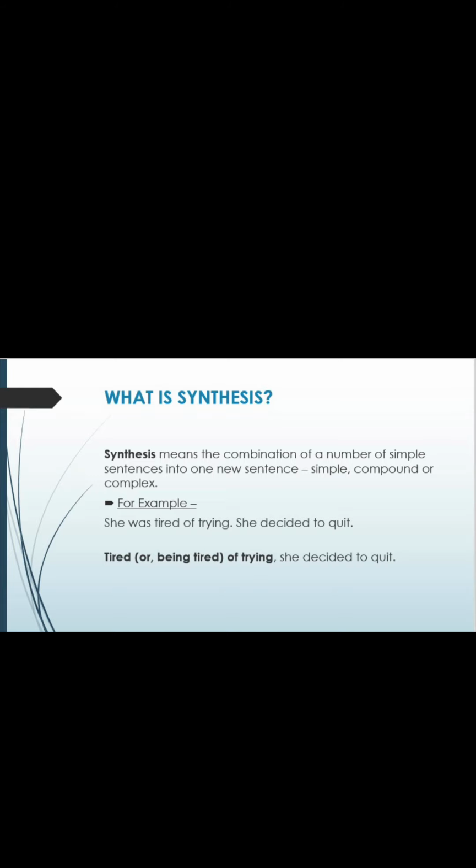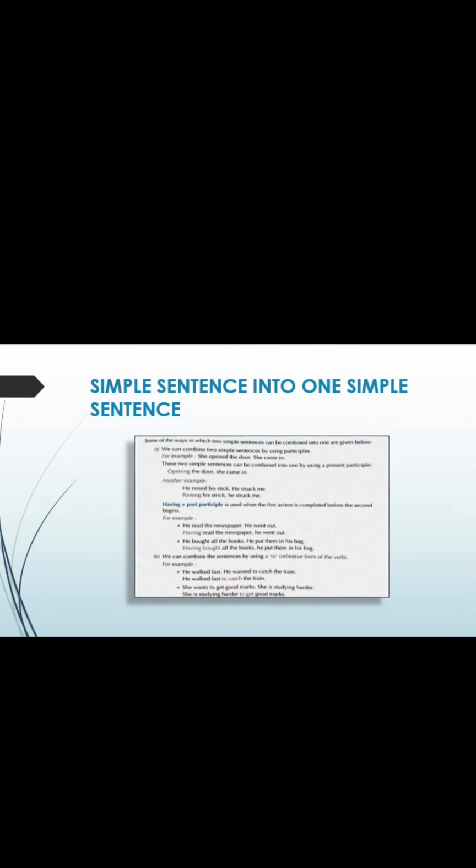Now, when I say simple, compound, or complex, what I'm trying to say is that we can combine two simple sentences into one simple sentence, or we can combine compound sentences to make one compound sentence, or a complex sentence, right? So let us understand how we can actually do that. Some of the ways in which you can combine two simple sentences to make one simple sentence is